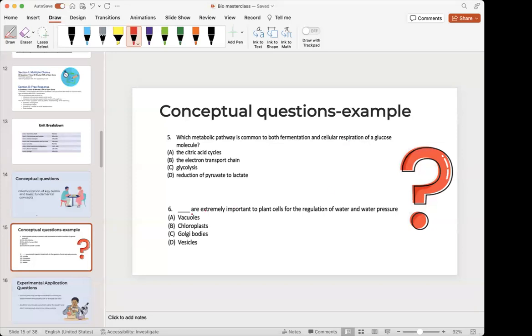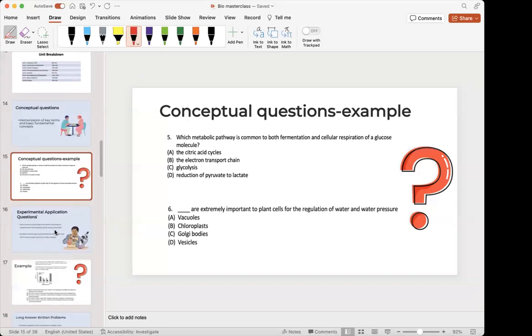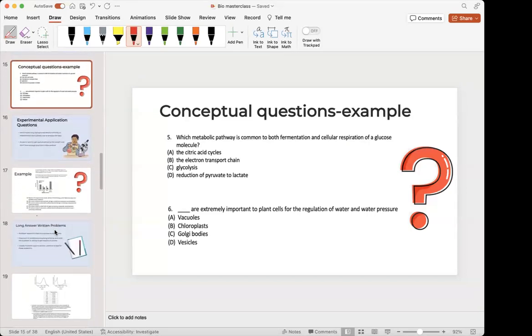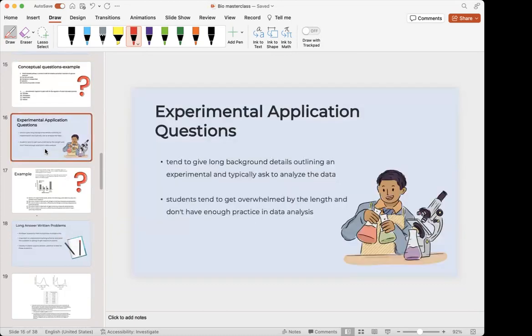And then this is just asking you about the different organelles. Okay, so that's conceptual questions. Now for experimental application questions, these are going to involve obviously experimental results. For these ones, they tend to give long background details outlining an experiment, and they typically ask you to